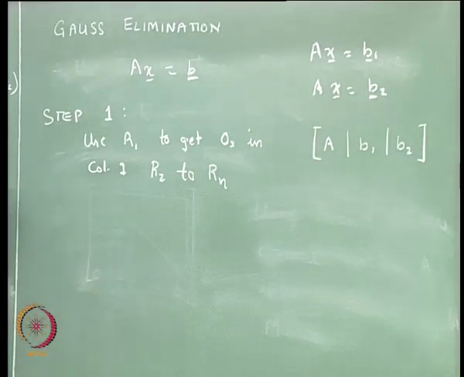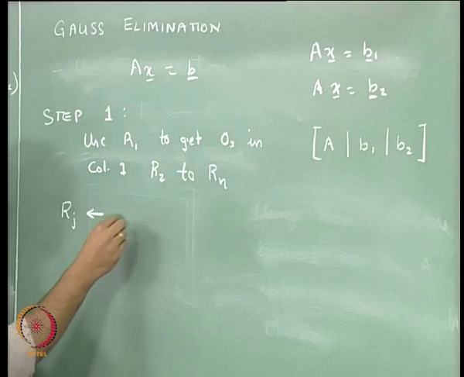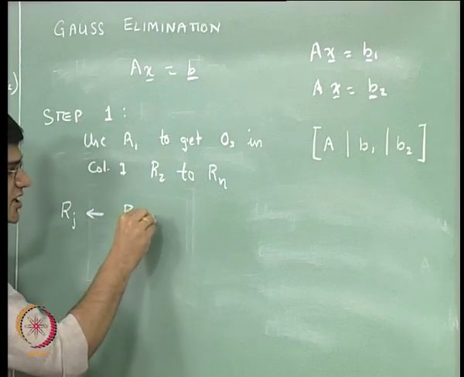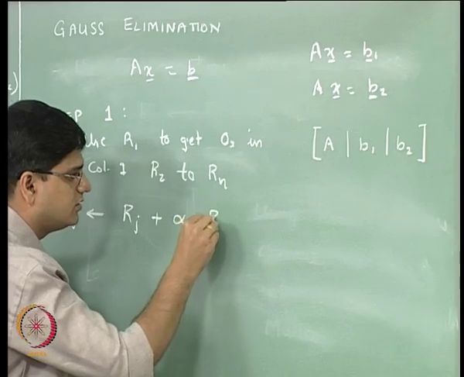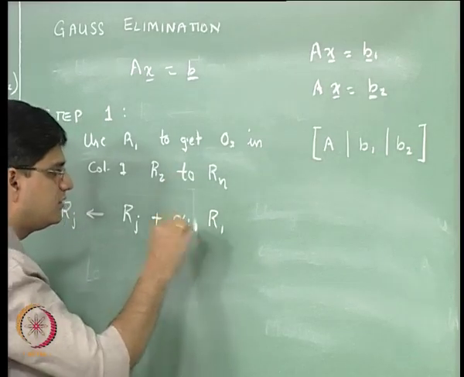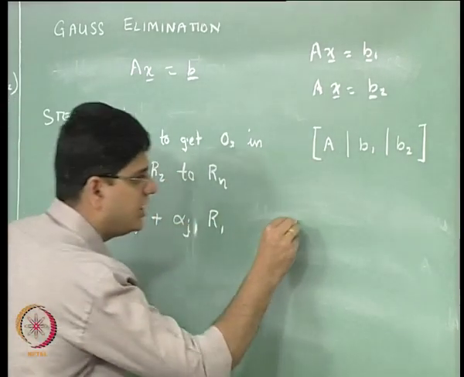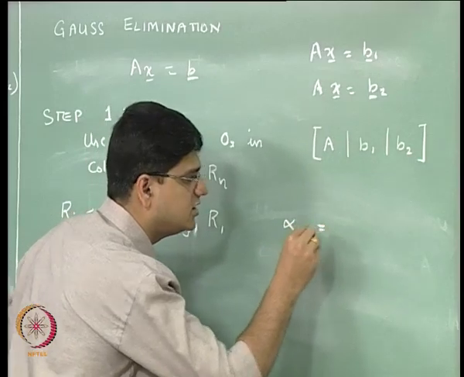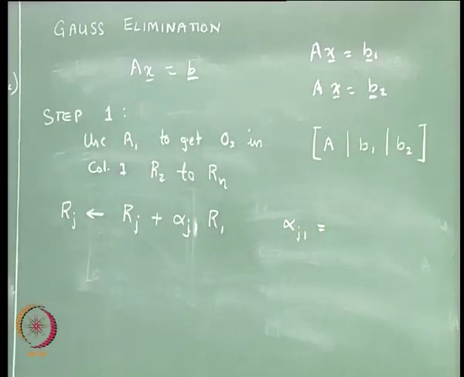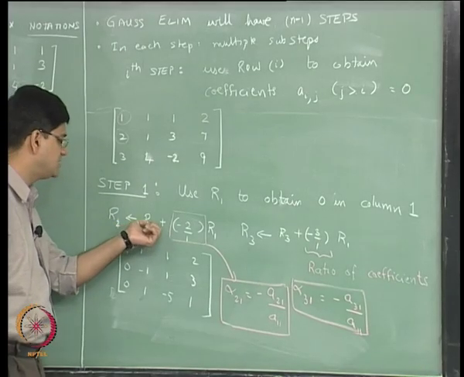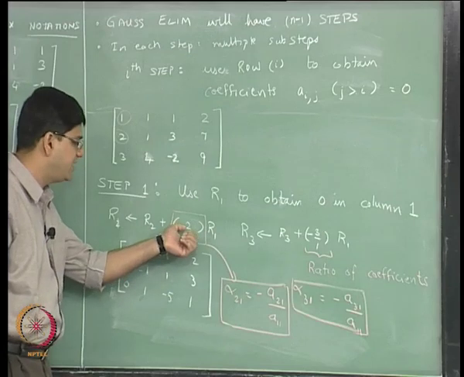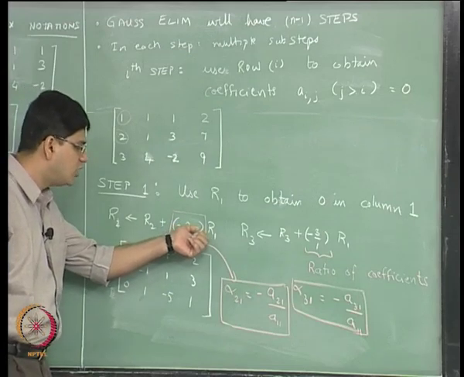And how we do that is Rj is going to be equal to Rj plus alpha j1 R1, where alpha j1 is the ratio of the coefficients, and if we go back and look over here, the ratio of the